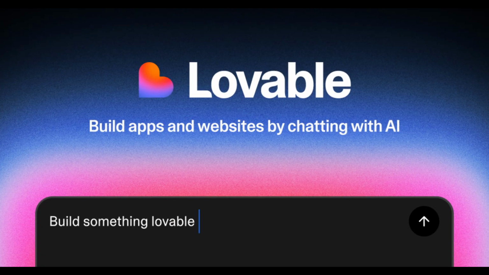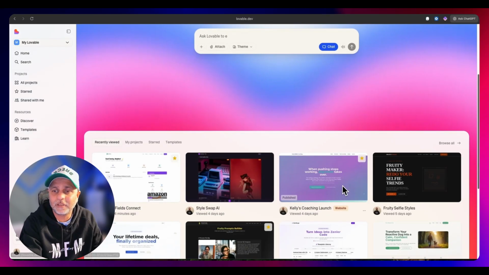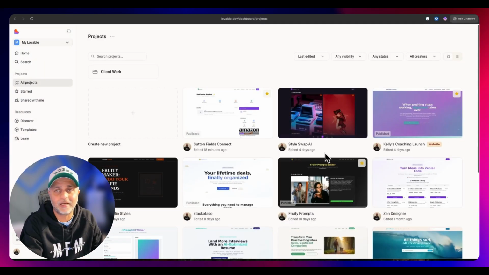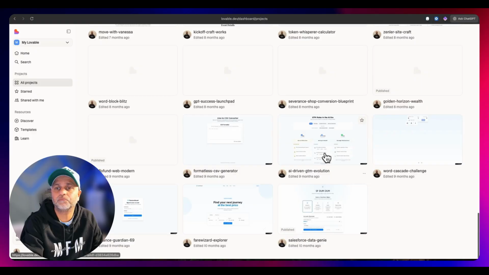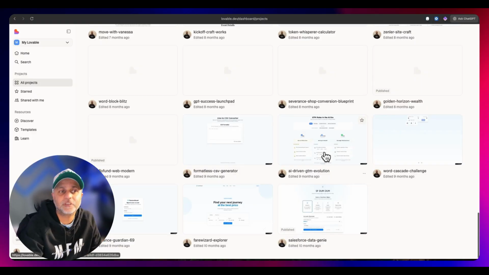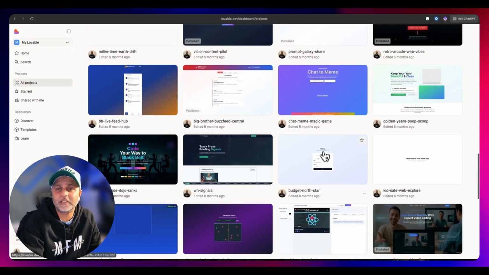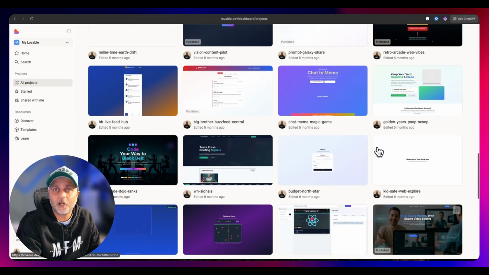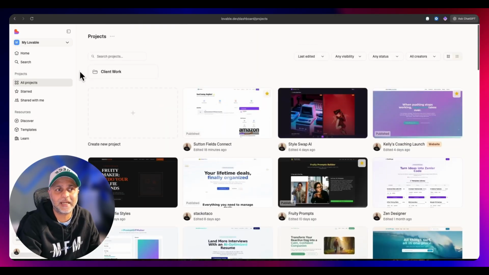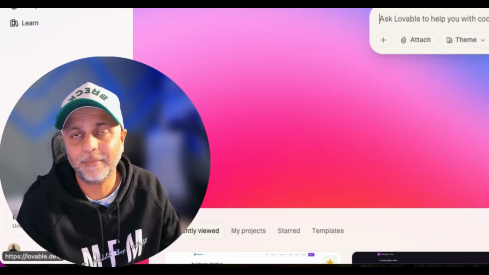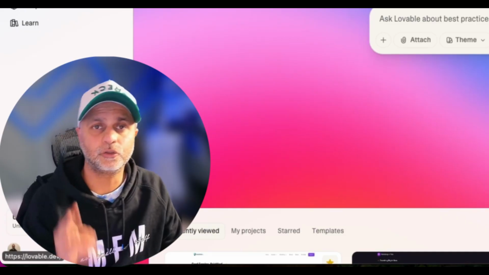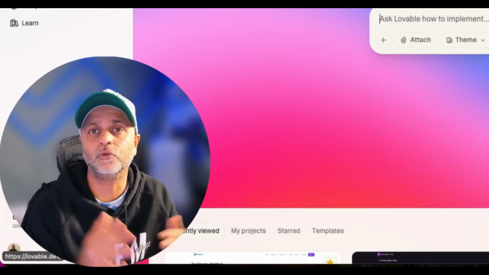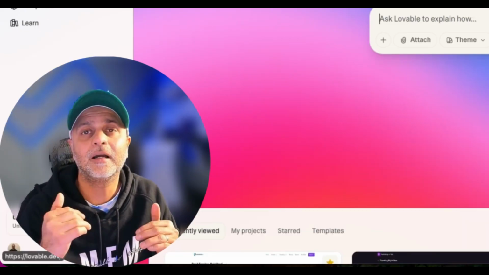Today we are going to look at how to make kick-ass Lovable landing pages. When I first started with Lovable, my landing pages weren't that great, and that was part of me just thinking that all I need to do is prompt Lovable and it'll do the rest for me. So you can see I've built a ton of different projects and learned a thing or two about landing pages in Lovable. So we're going to use two different tools today to show you how to make really classy landing